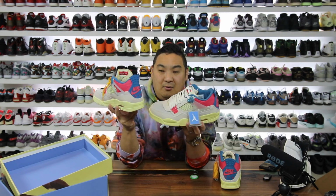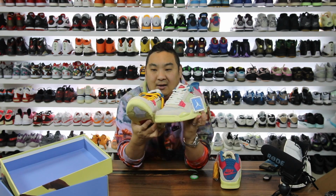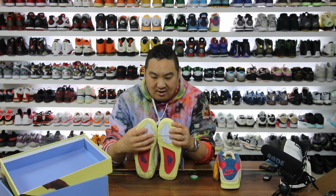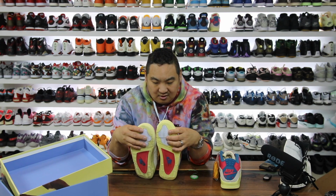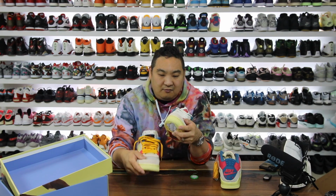So it's going to be easy to tell which one's real or fake because I cut the tongue on mine and then I did the lace swap. But man, the details on this upper are crazy. Like, they actually did really, really good materials on this. It's definitely noticeable, as soon as you pull them out, which one is real and fake,